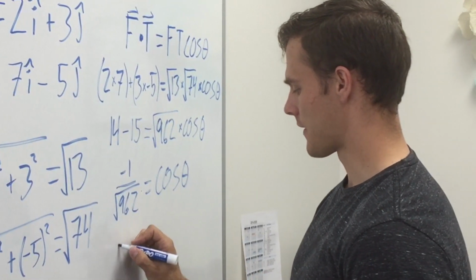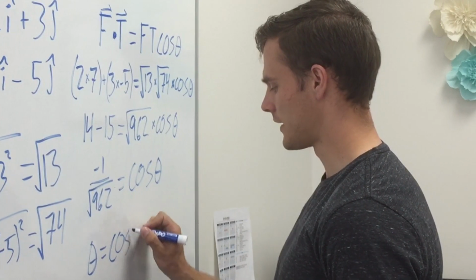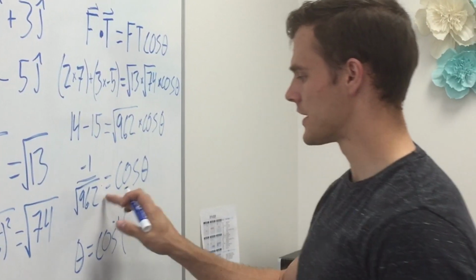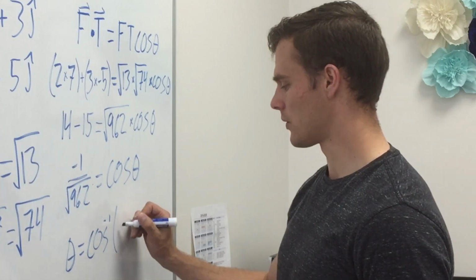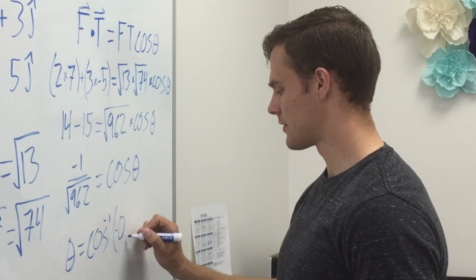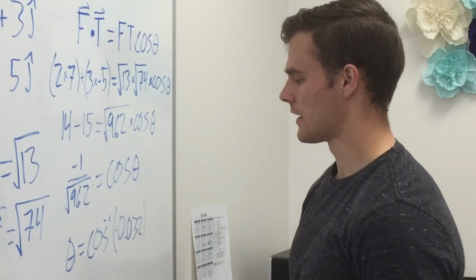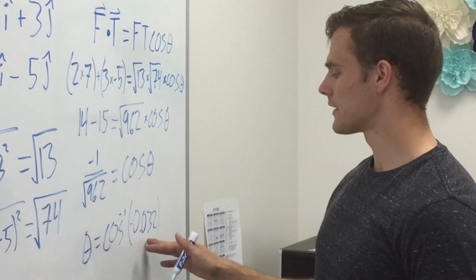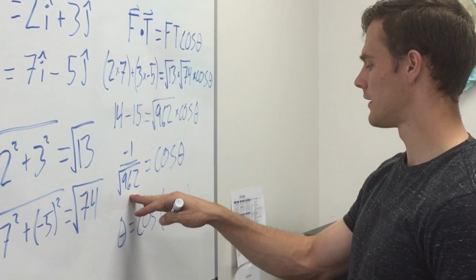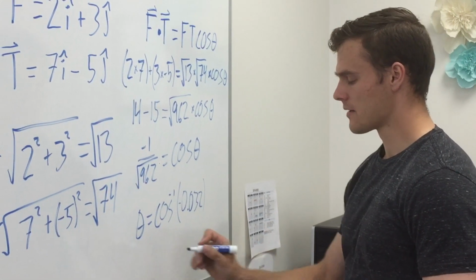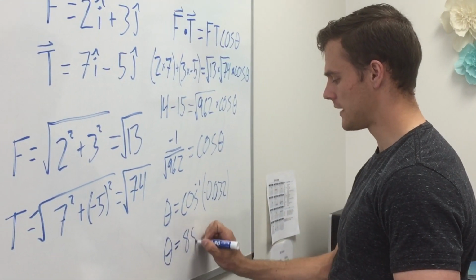And so you're going to get that theta equals the arc cosine of this number, and if you put that into a calculator and round it out, it's going to equal negative 0.032. And if you round it out, you're going to get a slightly different answer than if you just plug this number into your calculator, but you end up getting that theta equals